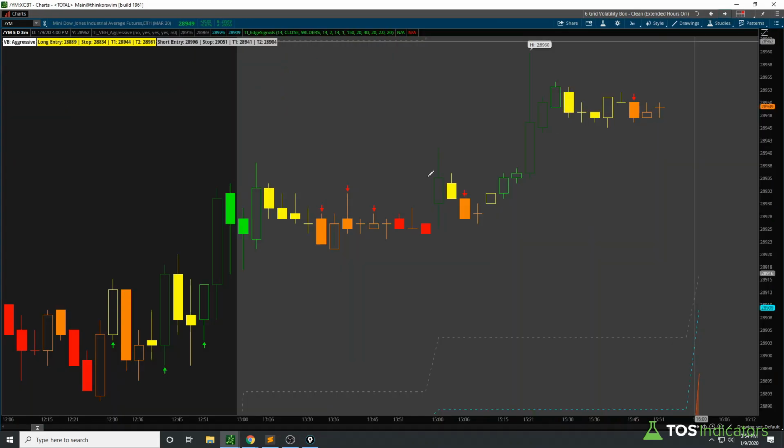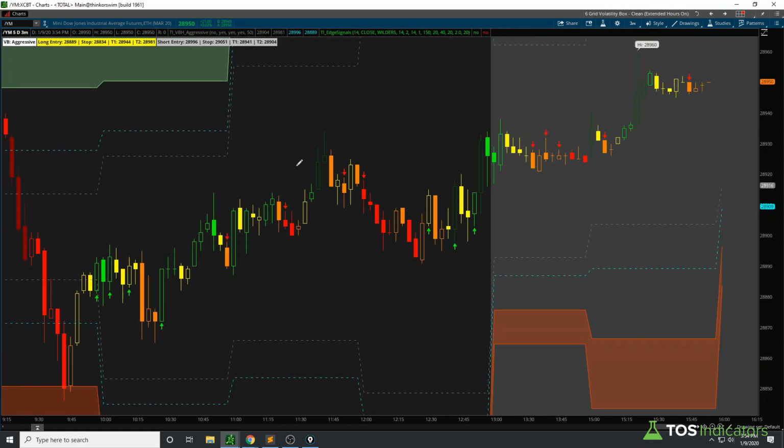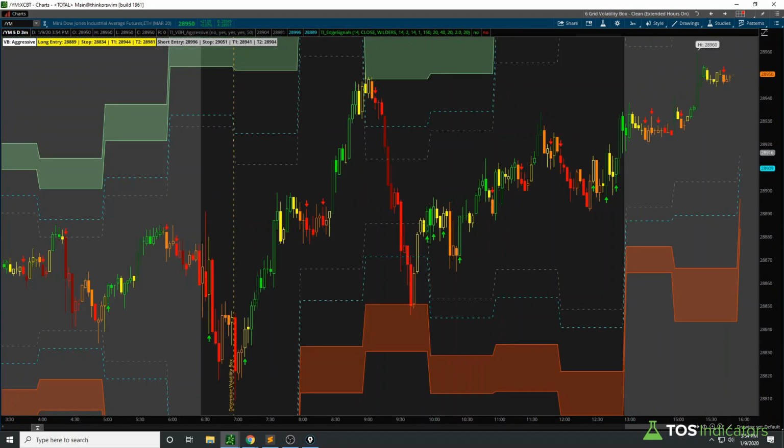Let's keep going down the line. Next up, we have the Dow Futures, in which we had our aggressive volatility box. Same sort of thing as the S&P. Price action fell into our volatility box. We had an opportunity to catch this reversal, time it perfectly, and then ride this move up higher,